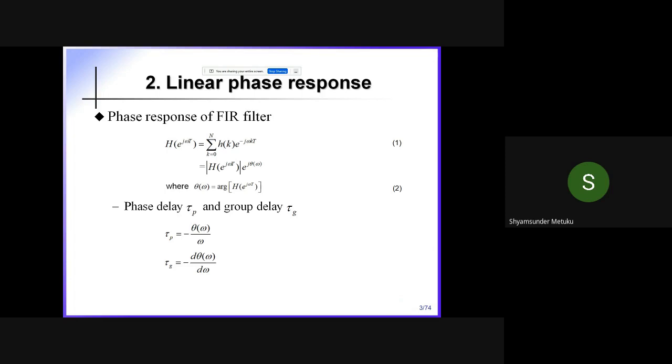Yes, sir. So whenever you try to plot the phase plot, it should have a linear line going through the origin, isn't it? Yes or no? So the slope, whatever slope you get, m is a slope now. Yes, sir. So that slope is called phase delay. Is it clear?